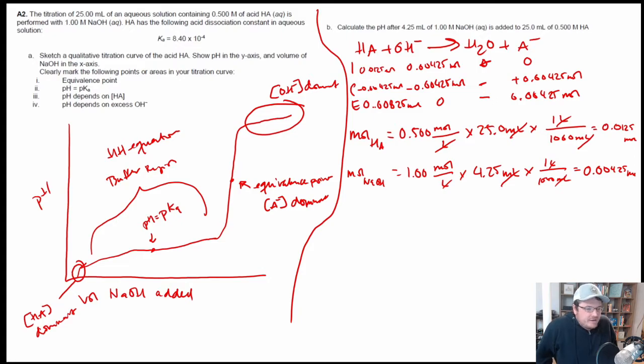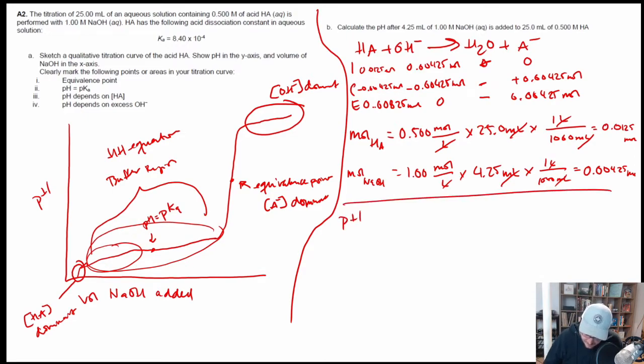And so what that should tell us now is that we're going to be in this buffer region right here. We're going to be somewhere over here, because we're not at the point yet where the number of moles of A minus is equal to the number of moles of HA. But because we're in the buffer region, we can use the Henderson-Hasselbalch equation to figure out what the pH is. We don't have to go through a whole weak acid equilibrium and make ourselves all confused. We can just use the Henderson-Hasselbalch equation at this point. And so that equation is pH is equal to the pKa minus